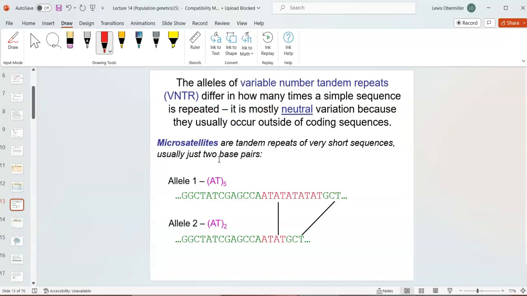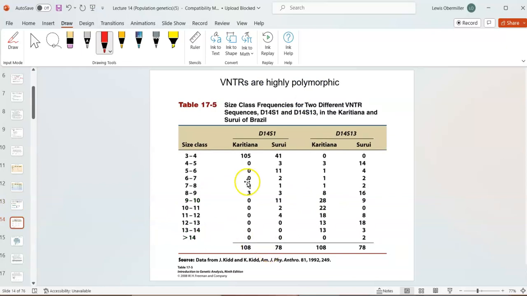All right. We talked about variable number of tandem repeats. You know that when we have these microsatellites, we can have 5 repeats or 2 repeats. I'm not going to spend a lot of time on that. We can look at populations, right? We can use this variation to identify one individual from another, and I showed you the video on this. This is an example of the class size: repeats of 3 or 4, 4 to 5, and so on, and then greater than 14. In this population, 11 individuals have 9 to 10 repeats at this locus,